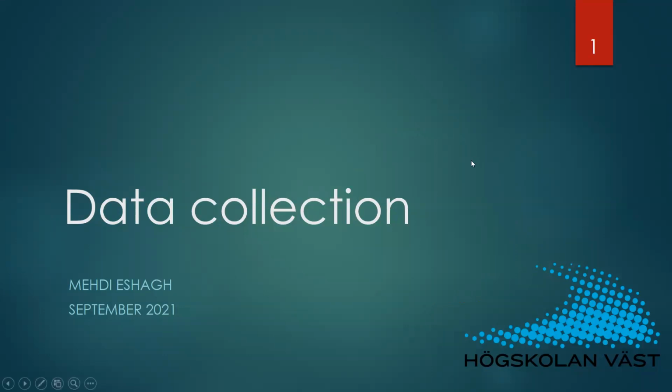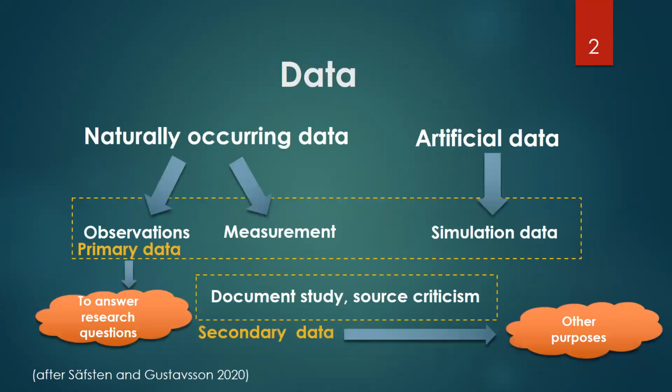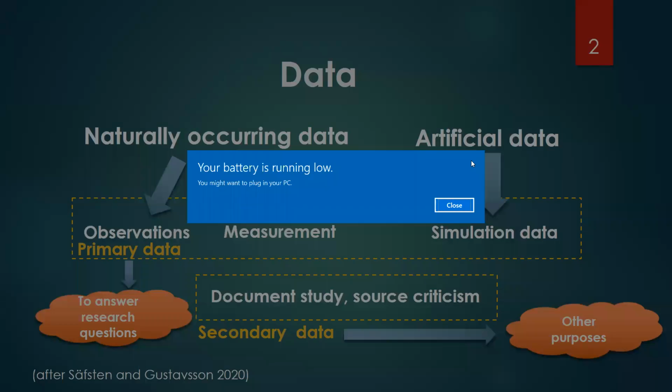Okay, now we talk about data collection. Then what is the data? So measurements or observations are the data, but we will discuss them later. We have two types of data, naturally occurring data